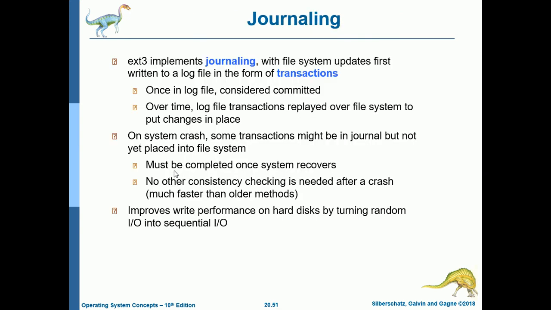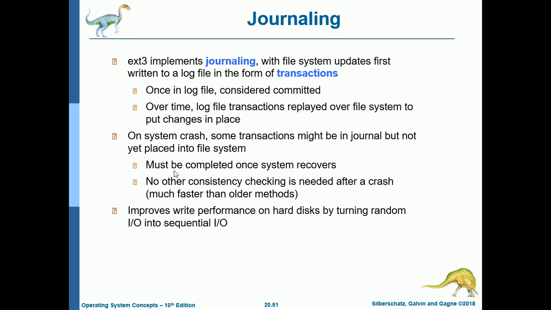Okay, next we have journaling. ext3 implements journaling, with file system updates first written to a log file, like a file system that has a journal. That's why it's called journaling, in the form of transactions. Once in the log file, a transaction is considered committed, and then over time, log file transactions are replayed over the file system to put changes in place. So on system crash,